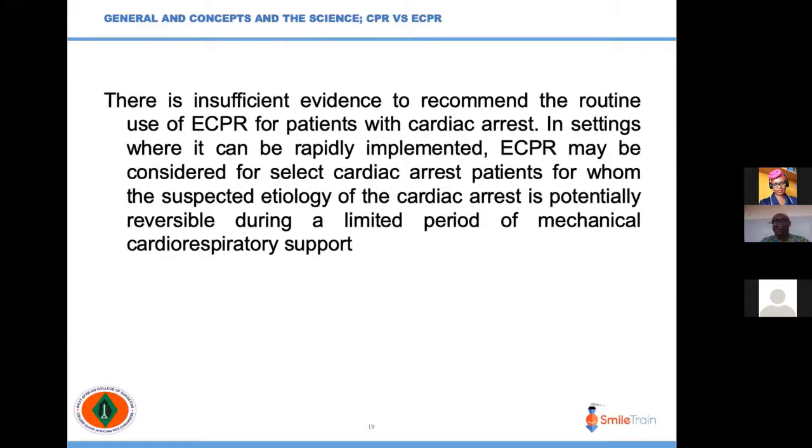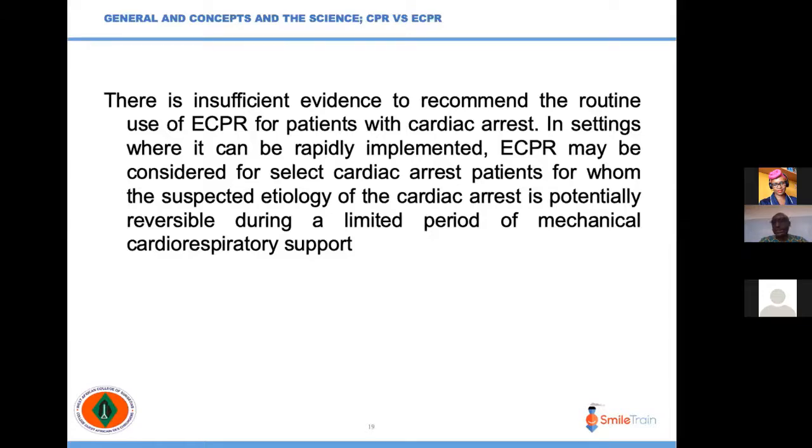There is insufficient evidence to recommend the routine use of eCPR for patients with cardiac arrest. In settings where it can be rapidly implemented, eCPR may be considered for select cardiac arrest patients for whom the suspected etiology of cardiac arrest is potentially reversible during a limited period of time. So that's all I had to say on what's out there in terms of gadgets and what